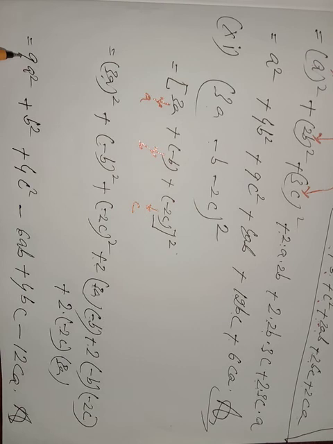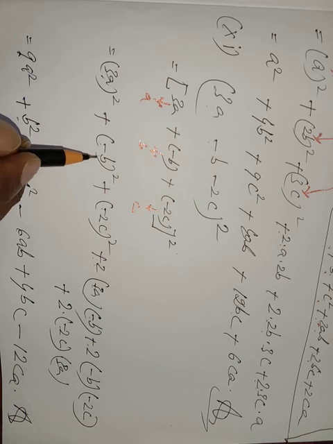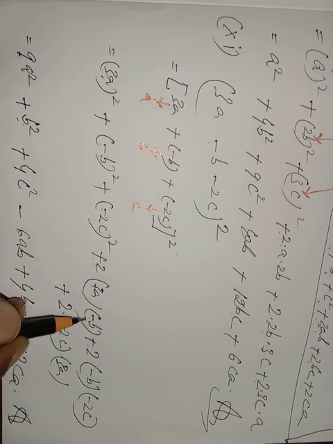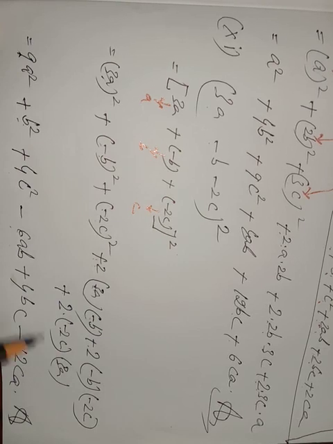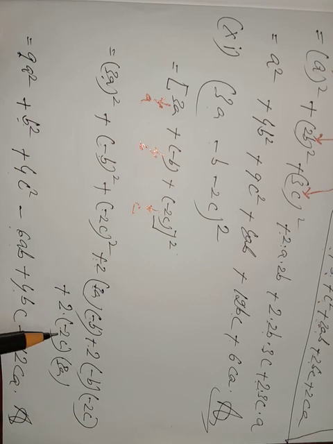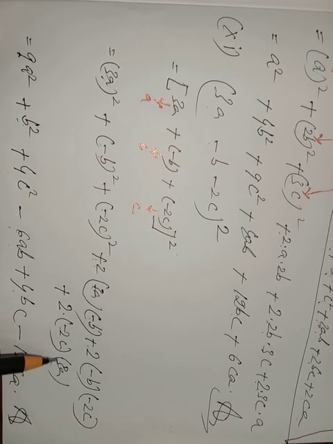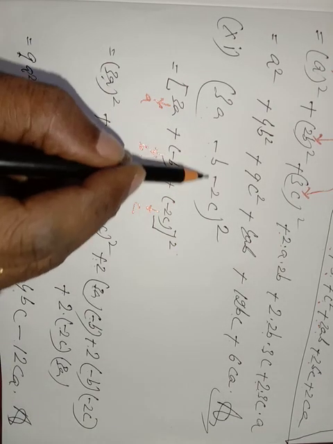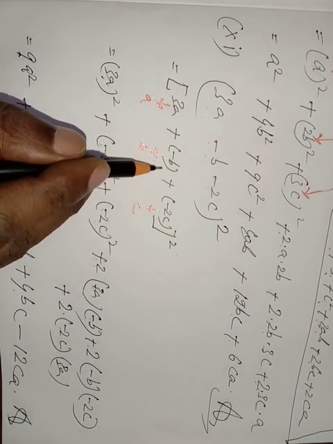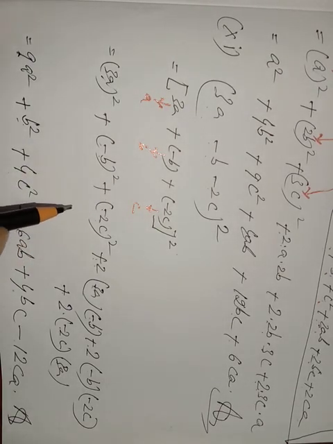I am repeating that again. (3a) whole square will be 9a square. (Minus b) whole square will be b square, because if you multiply minus two times, the result will be plus. Same process, this will be 4c square. Then plus 2 into 3 into minus b, one minus comes here, 2 into 3 is 6ab, so minus 6ab. Here minus b times minus 2c, plus will come, 2 into 2 is 4bc. The last one is one minus here, only minus will come, 4 into 3 is 12ca. This is the result of (3a minus b minus 2c) whole square. Same formula applied, just I am separating the minus sign in bracket form. Okay, and today this much. If you have any doubt, we will continue the next